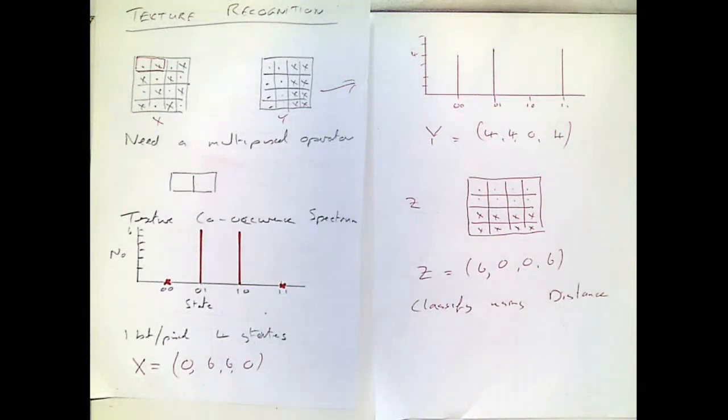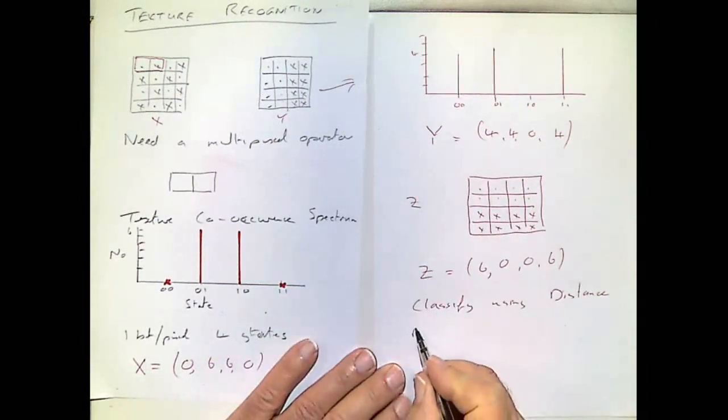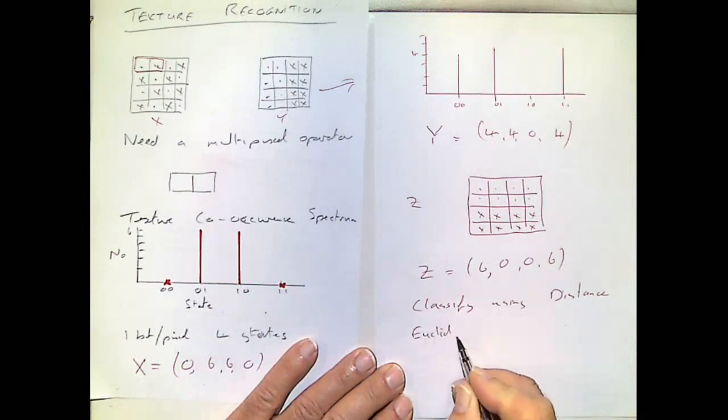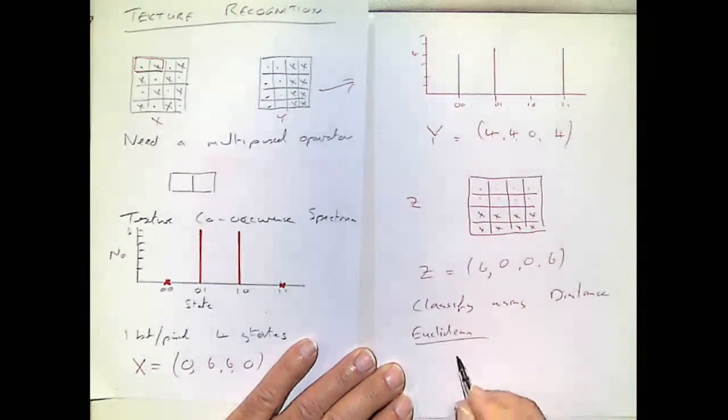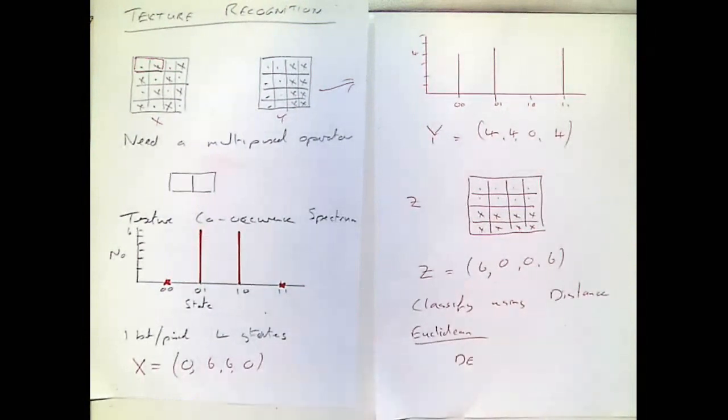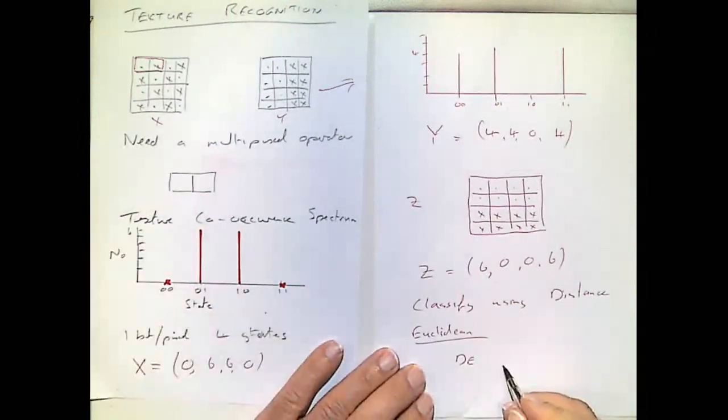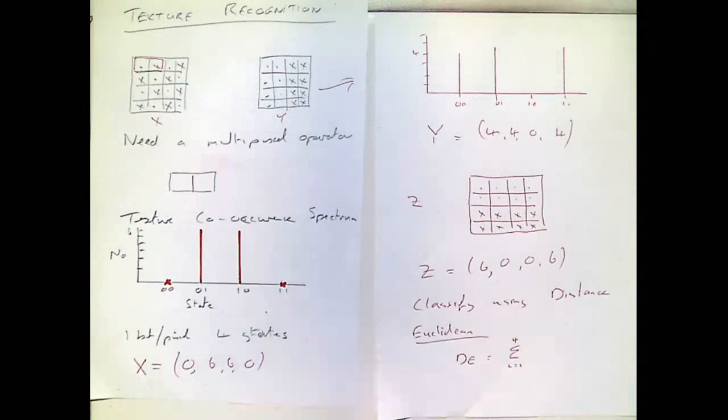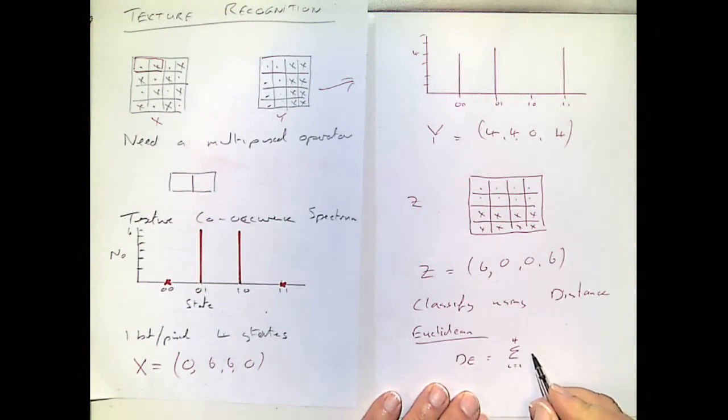And for 4-dimensional space, Euclidean distance, this is revision. dE, if this is x and y, it is going to be equal to the summation i equals 1, in this case to 4, because 4 dimensions, of,